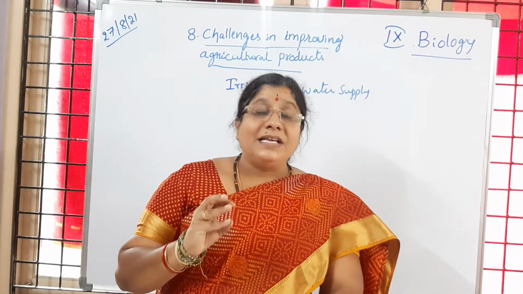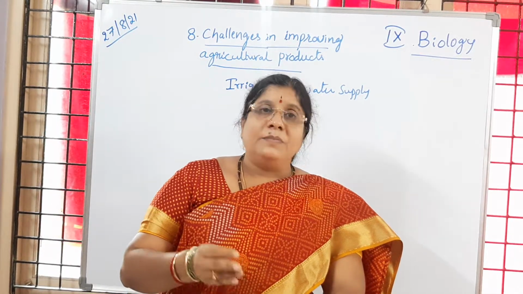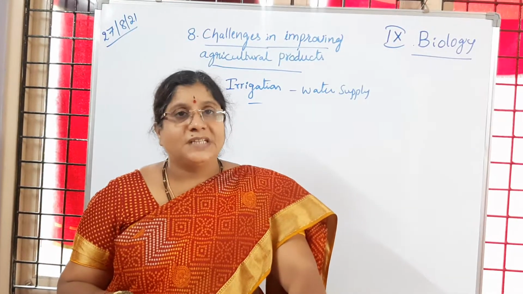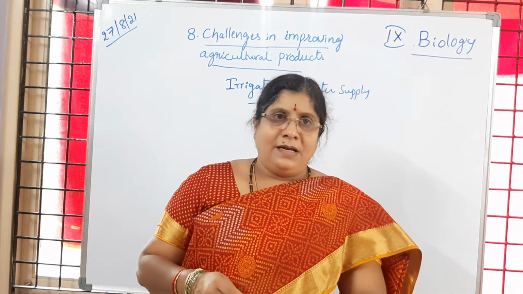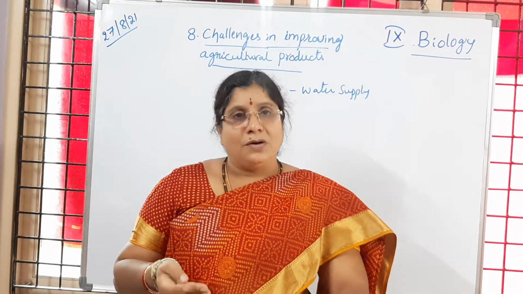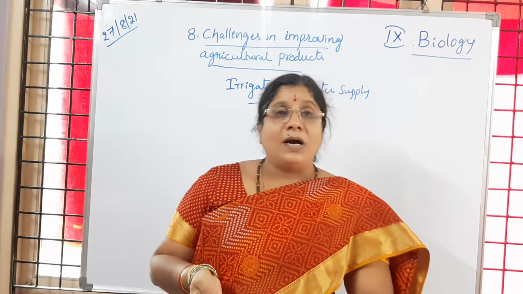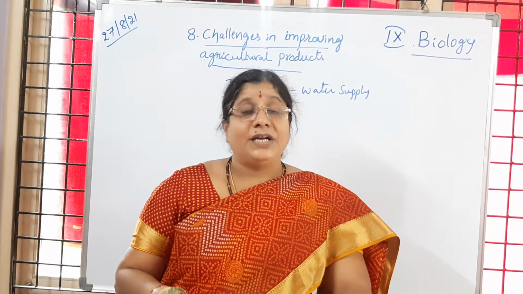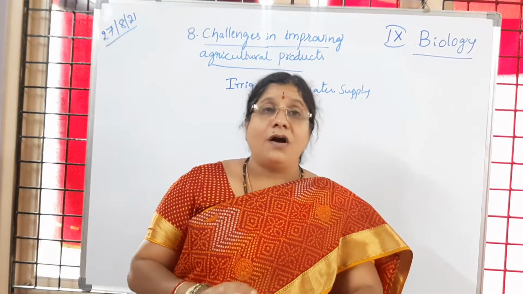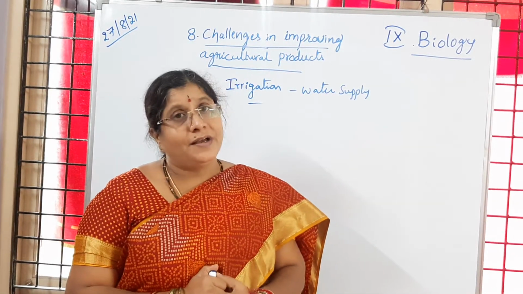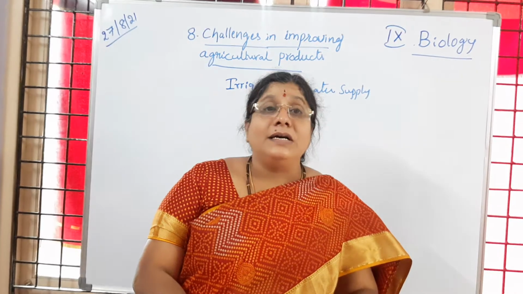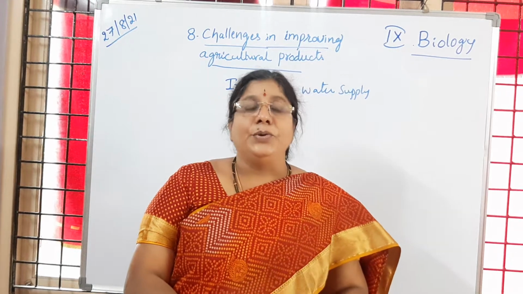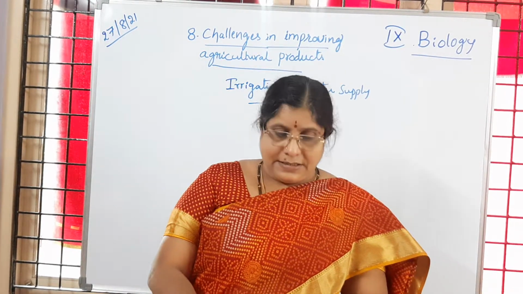Have you followed? So water is needed for supplying nutrients to the plants. Here we are talking about plants only. Water is needed for proper growth and to get good yield. Why do all living organisms need water? Water is needed for all biological activities like circulation, digestion, respiration, excretion. All these processes happen because of water only. In plants, water is very much essential for dissolving the nutrients, so that those nutrients can be taken by the plants. Is it clear to children?